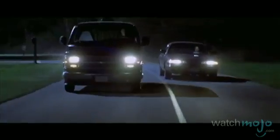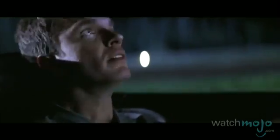Pull your vehicle to the side of the road and keep your hands...